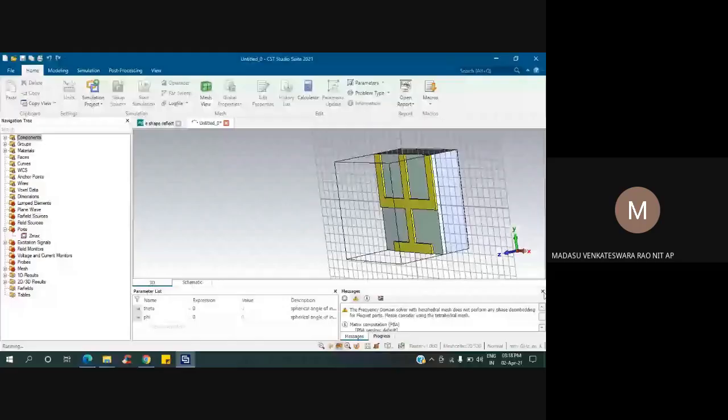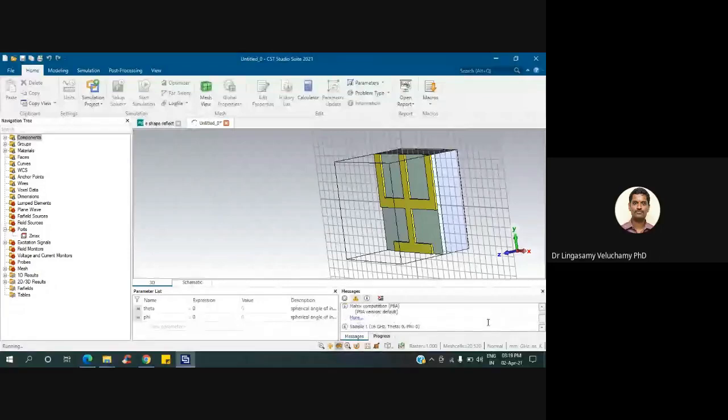Can you slightly come down? This is the last message. No, there was one message about the Floquet port.